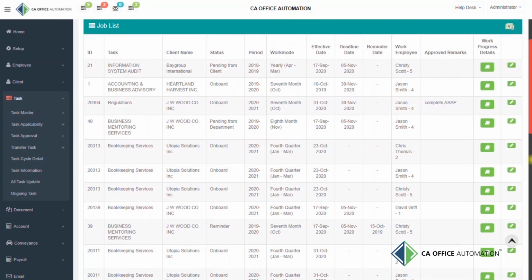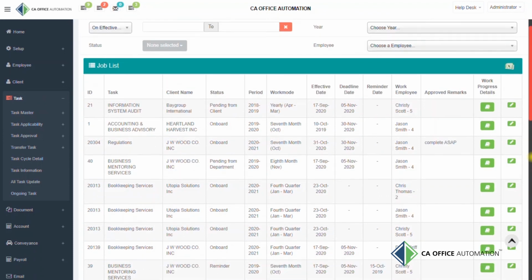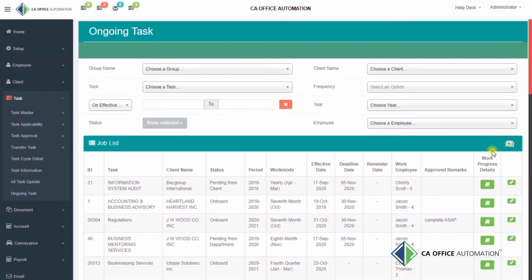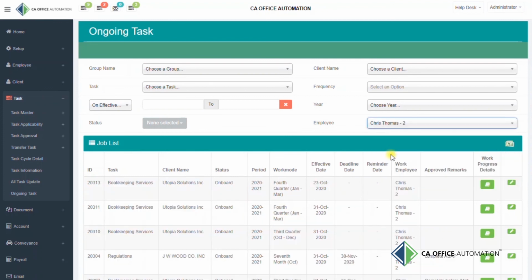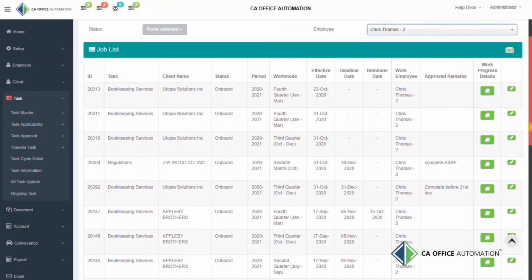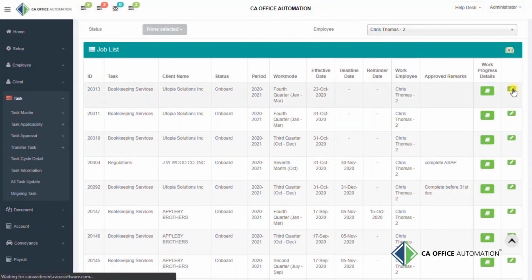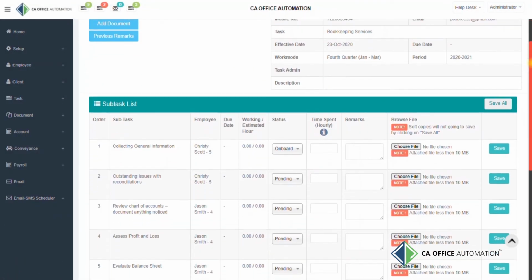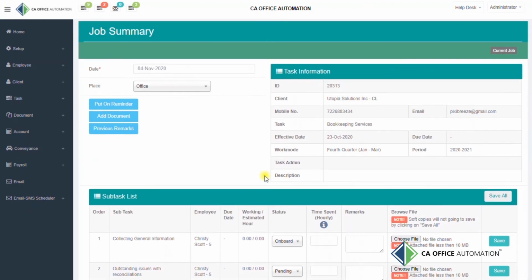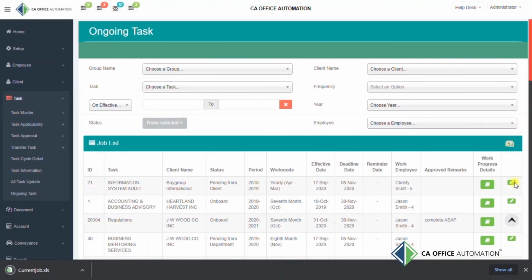Let's understand with one example. Suppose employees X, Y and Z come under senior employee A, and A wants to check the ongoing work of X, then A will select the employee filter, and to be more precise, A can select other filters also. According to that, the report will be displayed, and in the right corner, a button is given to get the logs of the task, and by clicking on the Edit button, you will be redirected to his job sheets, and through this, you can also update their work. You can also download this data in Excel format.